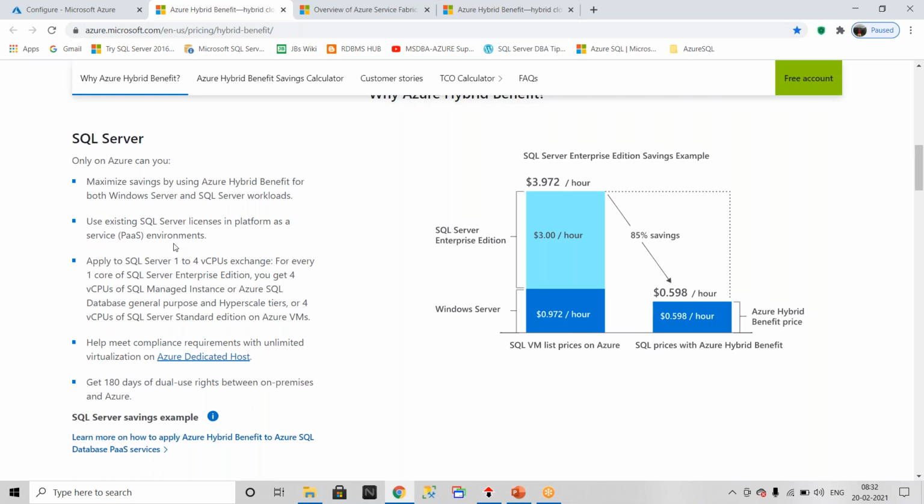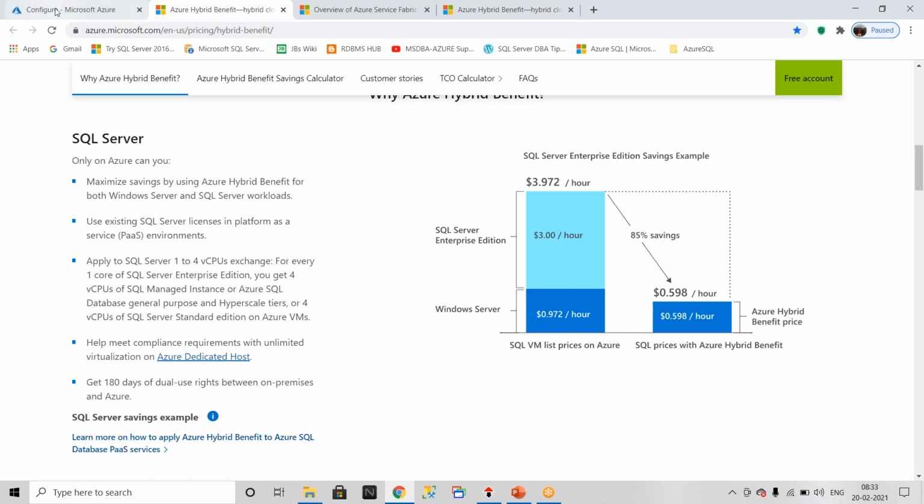Clear? Not clear? Yeah, clear. So this is the licensing part, sir. It means you are not wasting the license which you purchased on-prem; it can be utilized in PaaS as well. Not only IaaS, you can also use it in PaaS. You are not wasting your licensing. Microsoft maintains a different team for the licensing part, so they will contact you. We are not more involved in the licensing part. A different team manages all the licensing, and they will get all the details about your licensing.